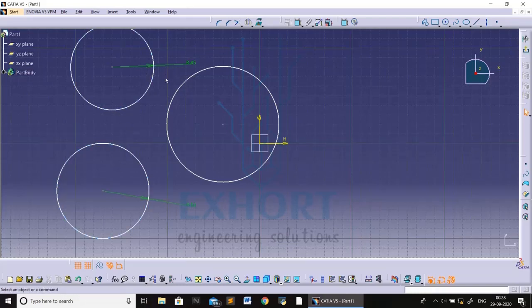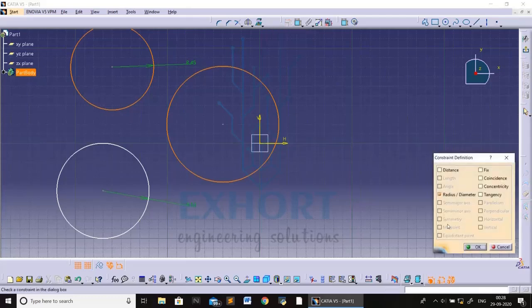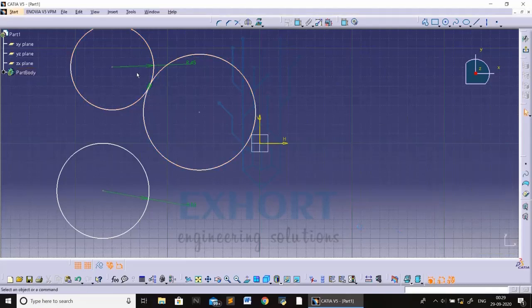So just press the Ctrl button and hold it and click circle 1 and circle third and press constraint defined in dialog box. Here you can see the tangency option, just click it and press OK. As you can see, circle 1 and the third circle are tangent to each other.